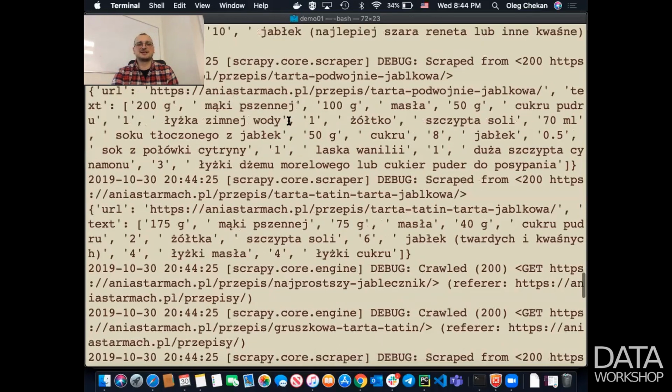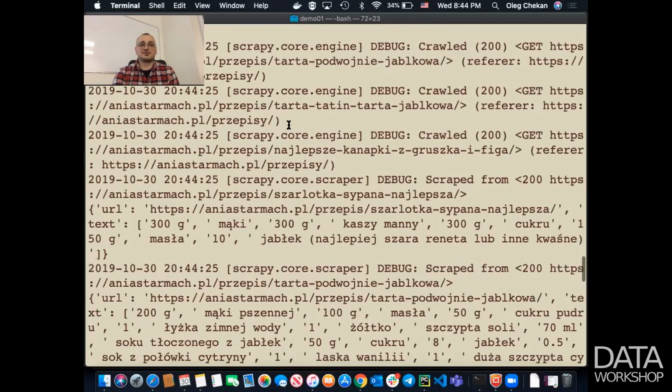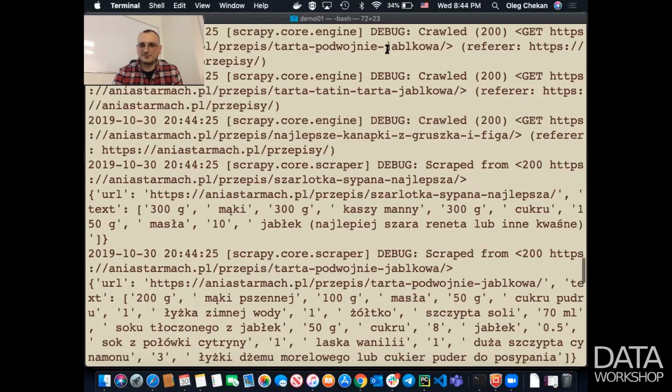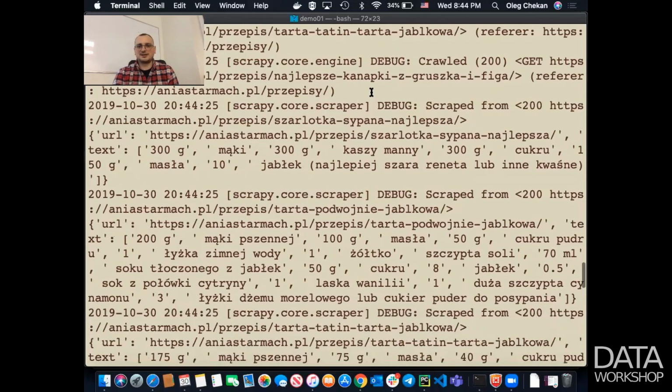Scrapy is doing lots of extensive logging, which will help you to diagnose exceptions and so on. By default it uses the debug level; you can switch it off and write just info and so on. You can also redirect it to a file. Here you can see that we have crawled this recipe